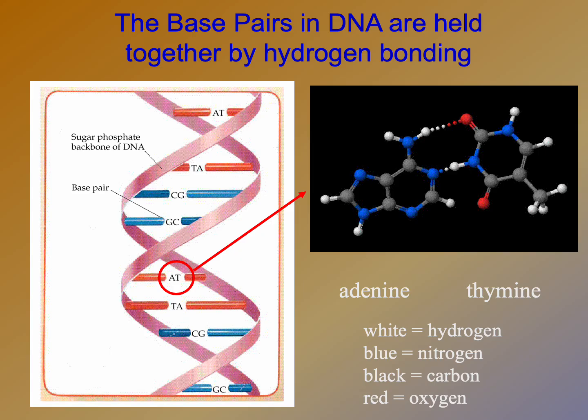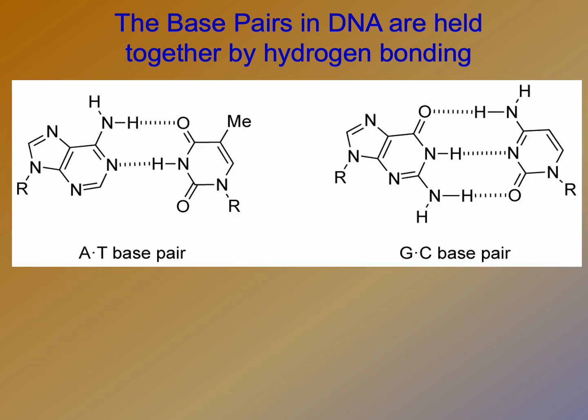We also looked at hydrogen bonding in biology. The base pairs in your DNA are held together by hydrogen bonds. So you can see the double helix here. We're looking at this AT, this adenine thymine. That attraction, those dotted lines, are the hydrogen bonds that we're looking at. So you can kind of see these dashed lines between the two bases representing those hydrogen bonds.